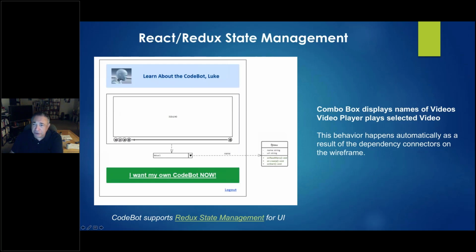It's basically a table, it's a collection in MongoDB, and the value that we're going to show in this list is the names of the video. So basically I wire this thing up by saying make this combo box depend on the video table and show me the names of all the videos in the list. No coding. Not one line of code to do that. So that's automatically done because of the UML dependency arrow that we have here.